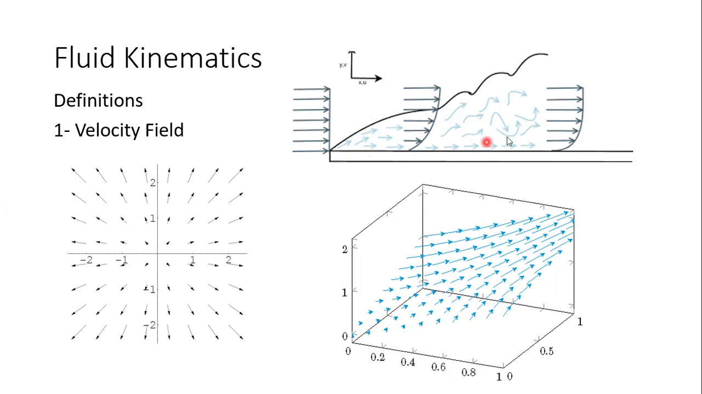Another example, at this point, I have a fluid particle moving in this direction, and the length of the arrow corresponds to the velocity magnitude. So,